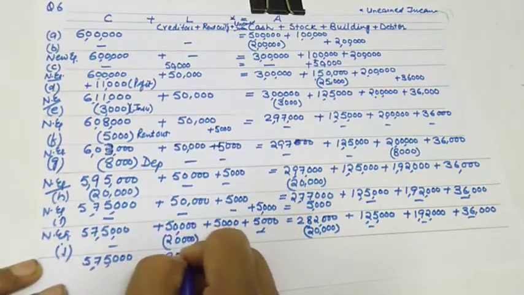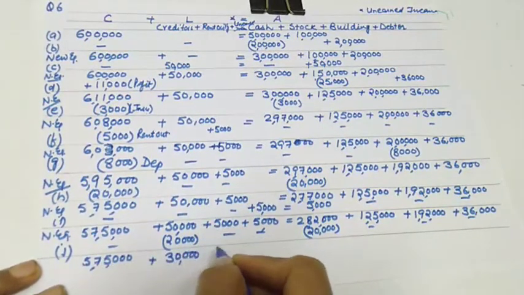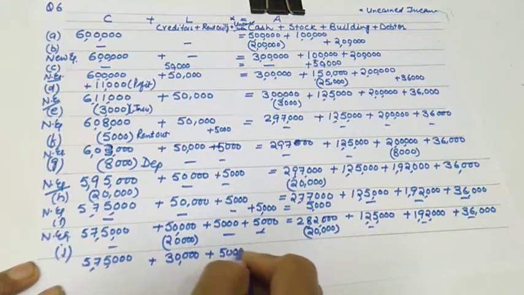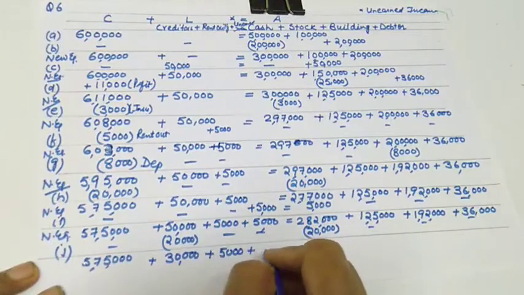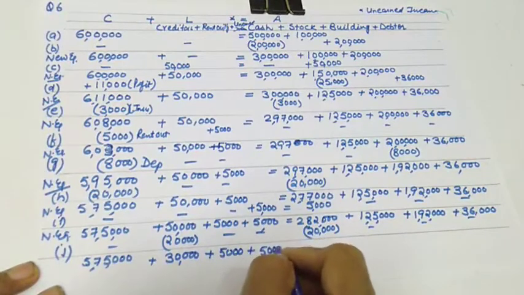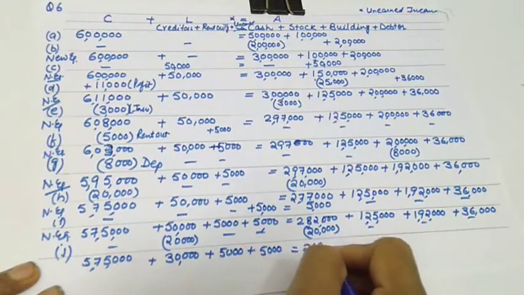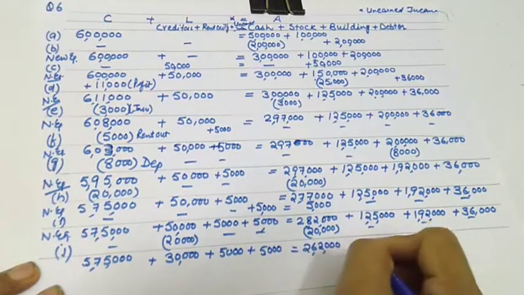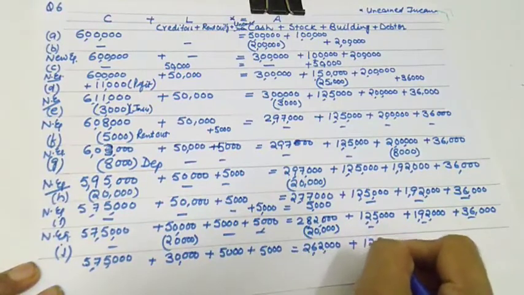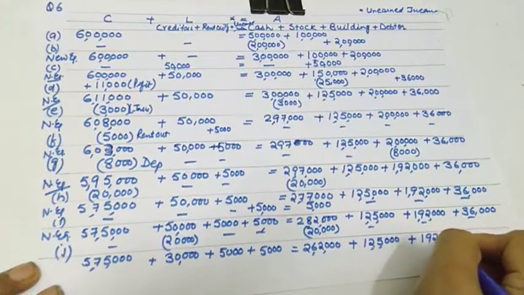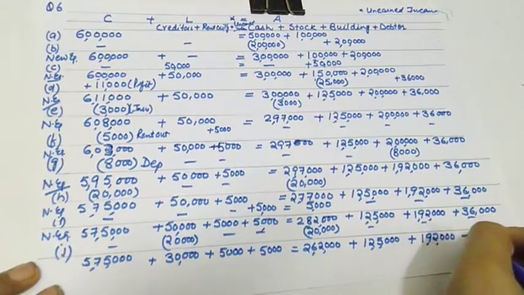This is 30 because now only liability of 30,000 is left. 5,000 as it is, as rent outstanding. 5,000 unearned income. Your cash will reduce by 20,000, so it will be 2,62,000. And this is 1,25,000 plus 192 and